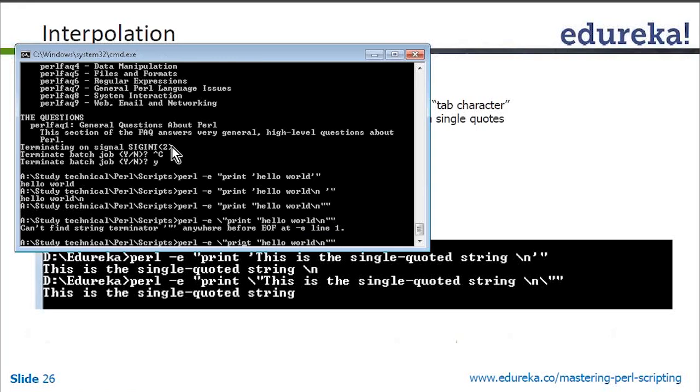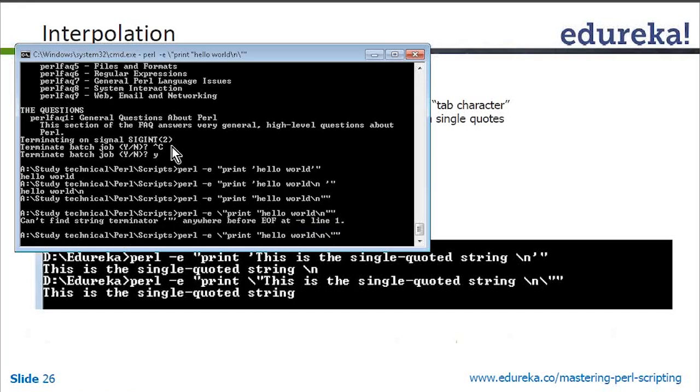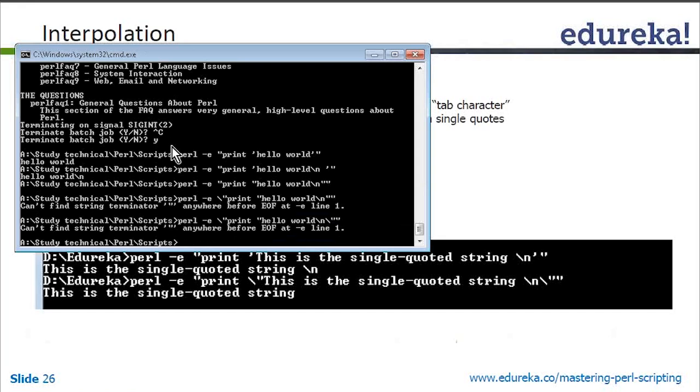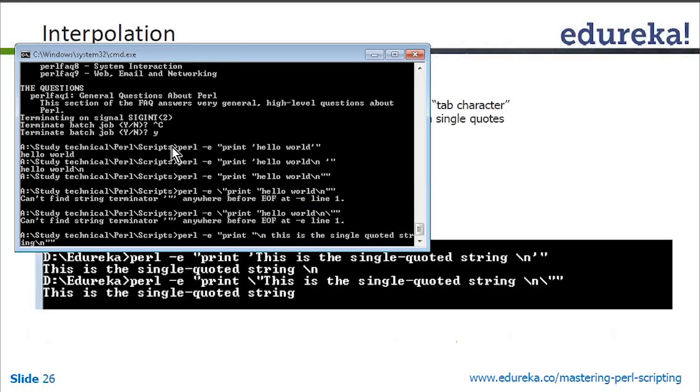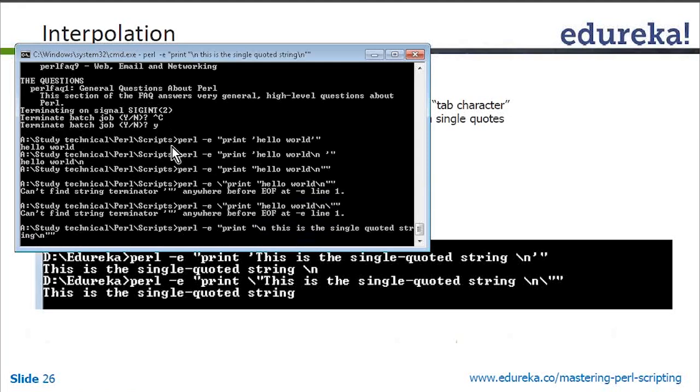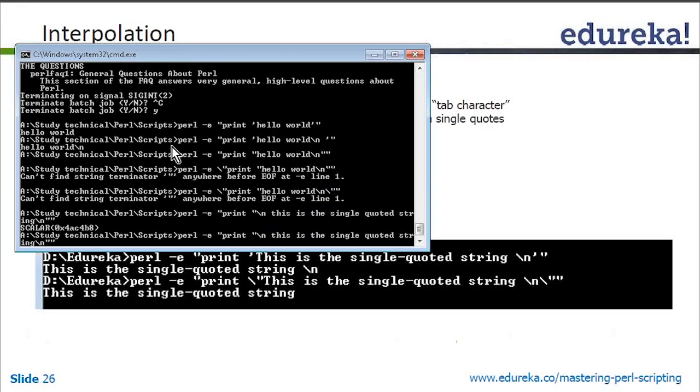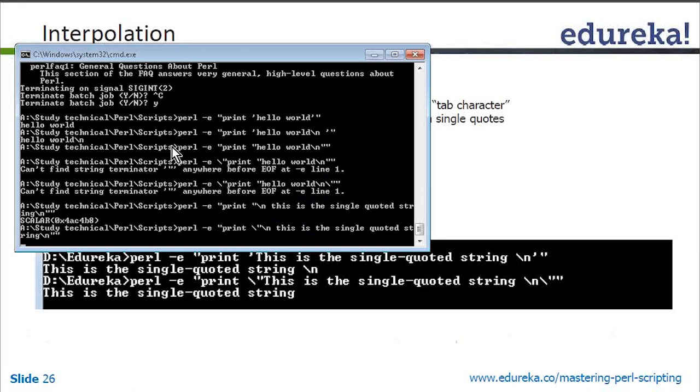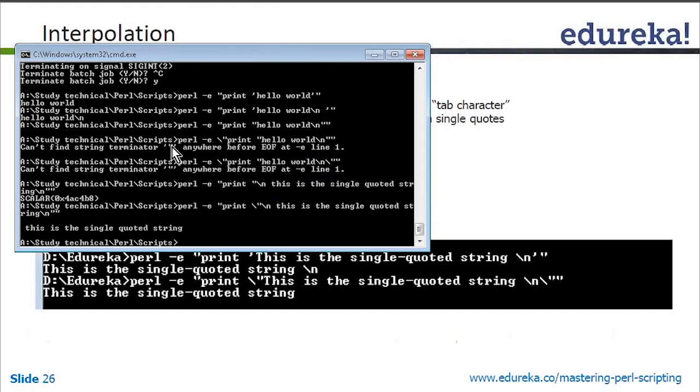Print. Yeah, I missed the slash. Okay. One second, please. Yeah. So if you print the same thing which is written here, you can see the second line prints it like